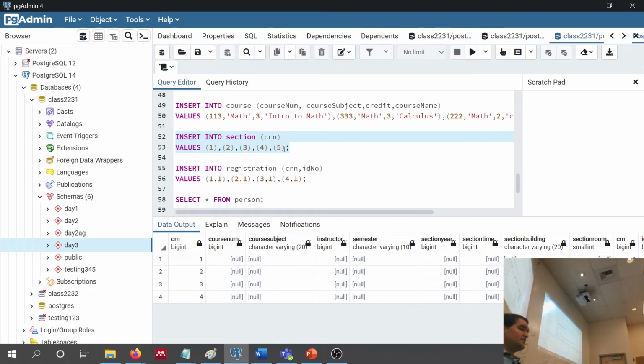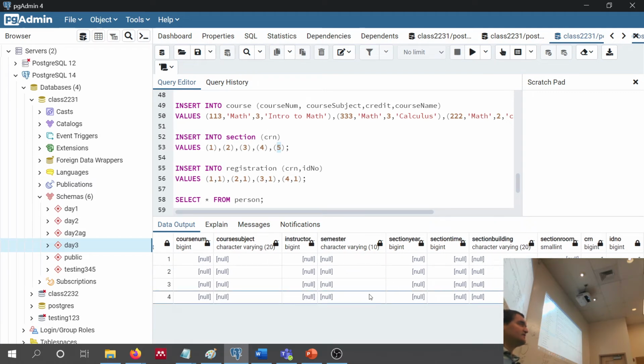All right. Now you'll notice we don't have anything for CRN5. Okay, why is that? So we have CRN 1 through 4, but not for CRN5. Why do we not have anything for CRN5? Think back to the different types of joins. Which one are we doing?